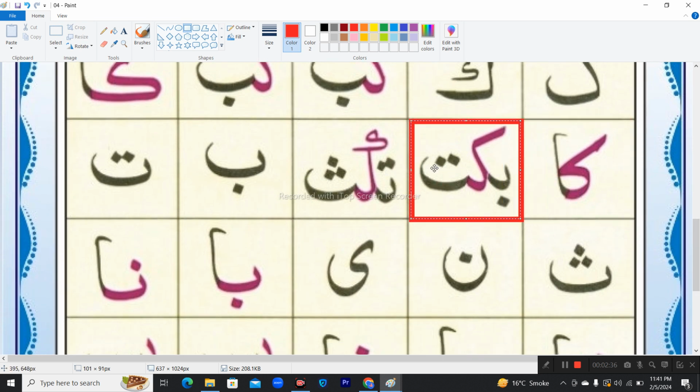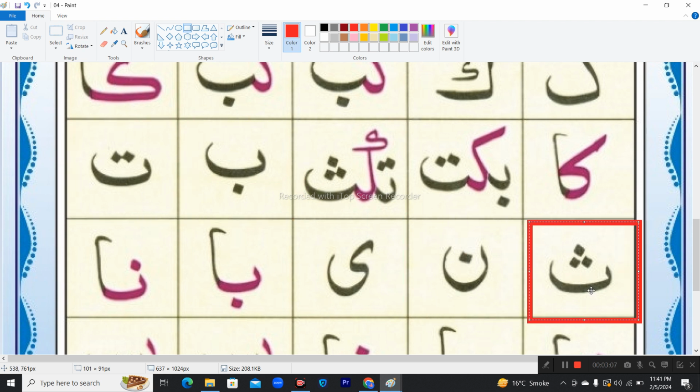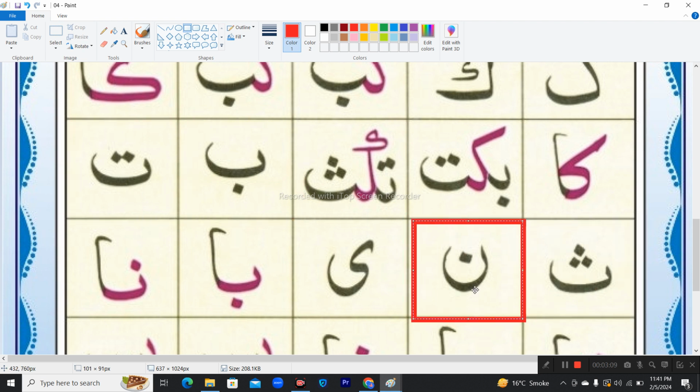Three letters are connected. First one dot down, Ba. Ba connects with the purple one, Kaf, Ba Kaf, and two dots up is Ta. So Ba Kaf Ta. And the next one, two dots up is Ta, and Ta connects with Kaf. So Ta Kaf, and the last, with three dots up, is Sa. Ta Kaf Sa. Together the sound is Ta Kaf Sa. And one dot down Ba, two dots up Ta, three dots up is Sa, one dot up is Noon, and